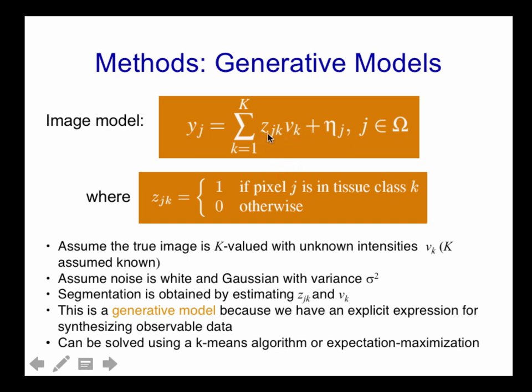And then we're going to have this variable Z sub jk, which are indicator functions. So at pixel j, this is going to be 1 where you have CSF, for example, or for a particular class, and it's going to be 0 for the other classes. Okay, so that's your ideal image, and then we're just going to add noise to that, and our observation is going to come from the sum of these 2 terms. Okay, this is a very simple image model,